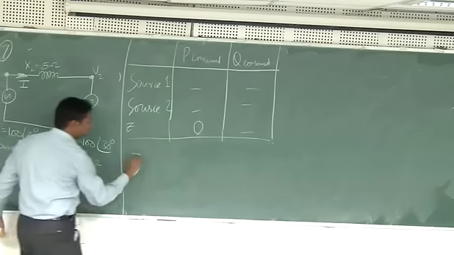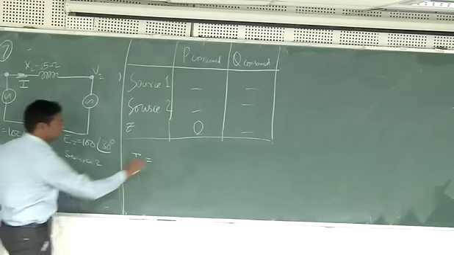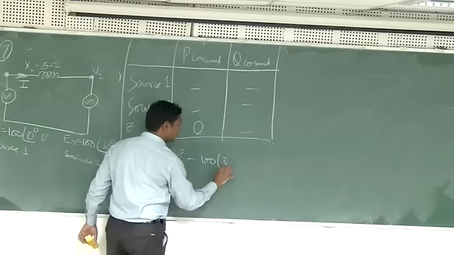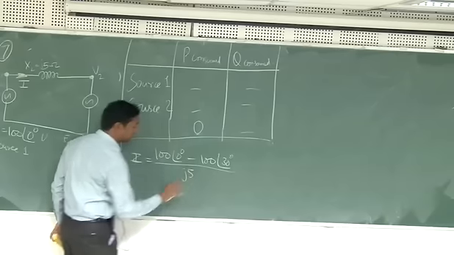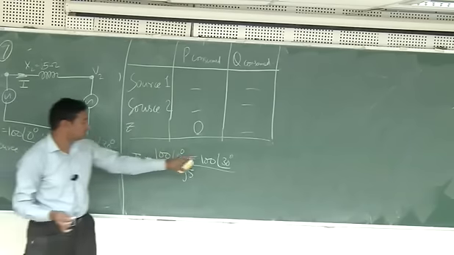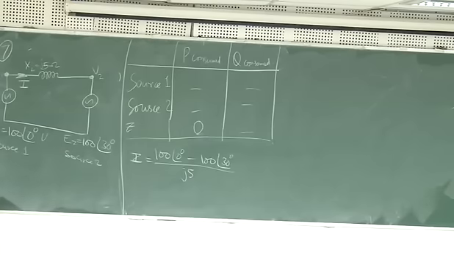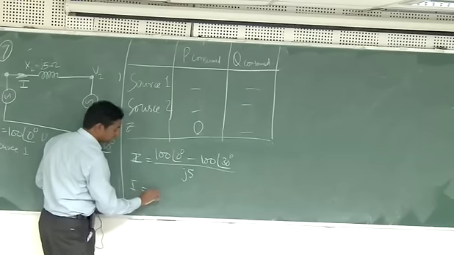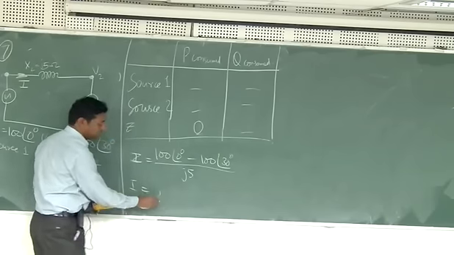So I will be this one minus this one divided by J5. To do this subtraction I need to convert into rectangular form, then I do the subtraction and then I divide by this. For division you need polar form, and then you do the division, and then finally you can get the I value in some polar form and then some rectangular form. So you have to calculate the I value.